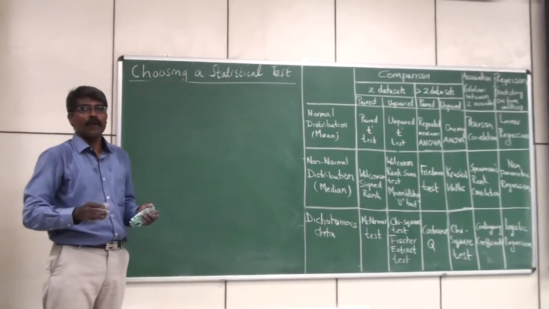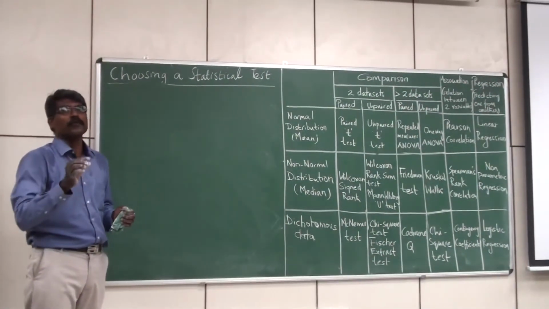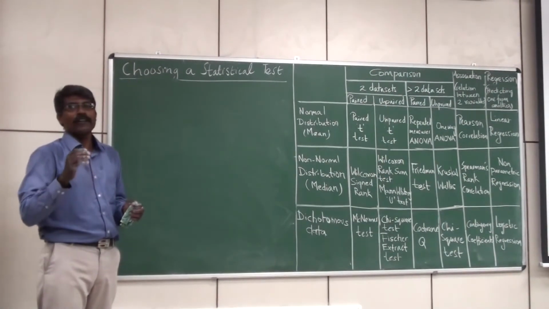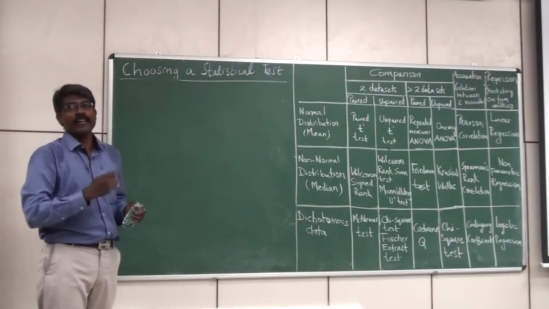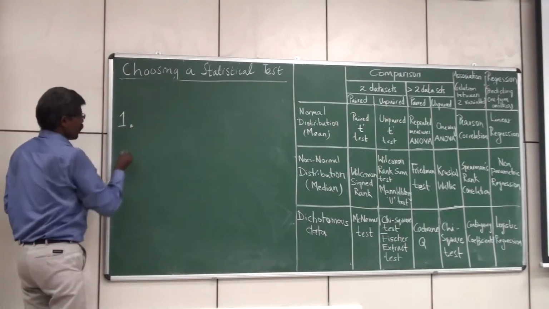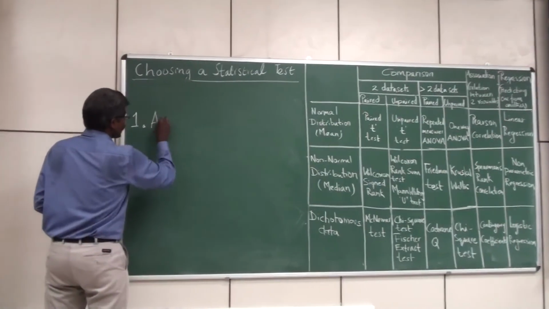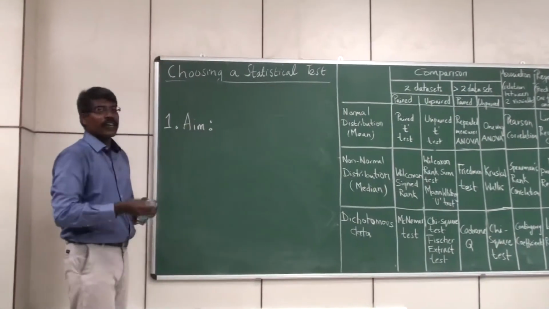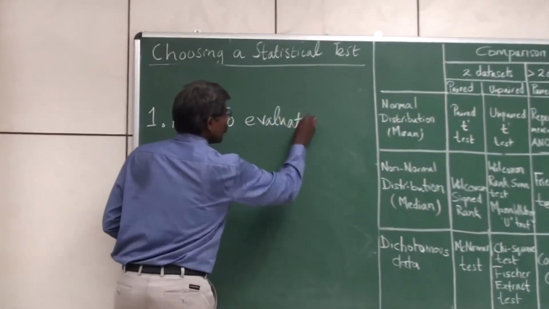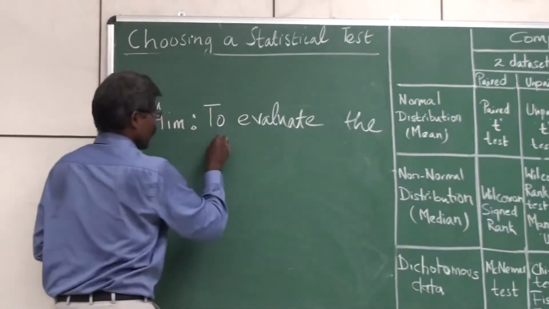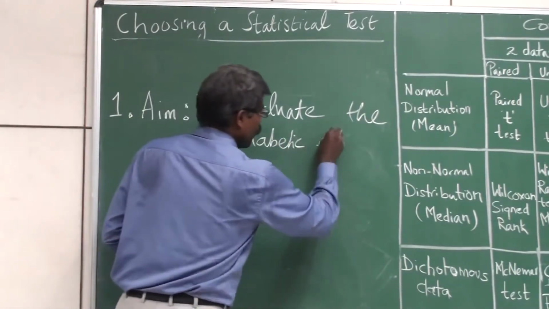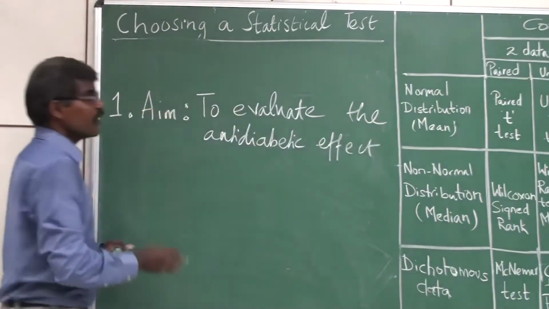Now again there are 5 steps which you need to go one by one, and if you fix this, very easily you can do it. I will stress that please go stepwise, you will never be wrong, right? Let's take each one step by step. The first thing you need to write is: what is the aim of the study? Now here the aim is to evaluate the anti-diabetic effect of the new drug, isn't it? Right. So that's our aim.